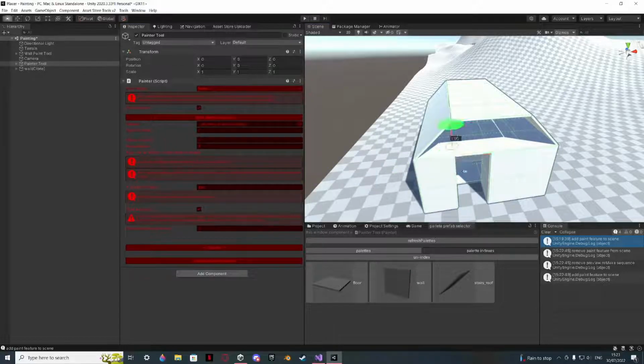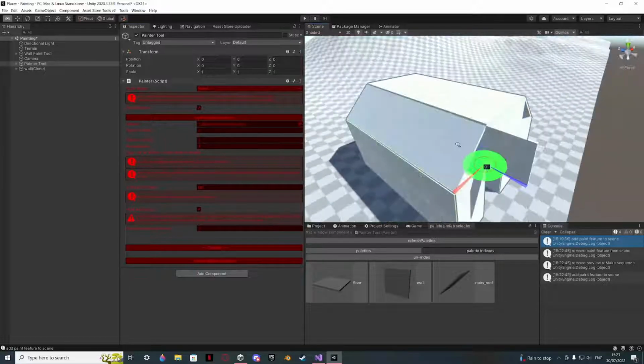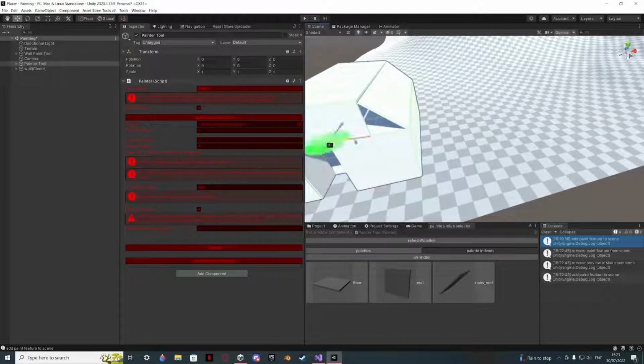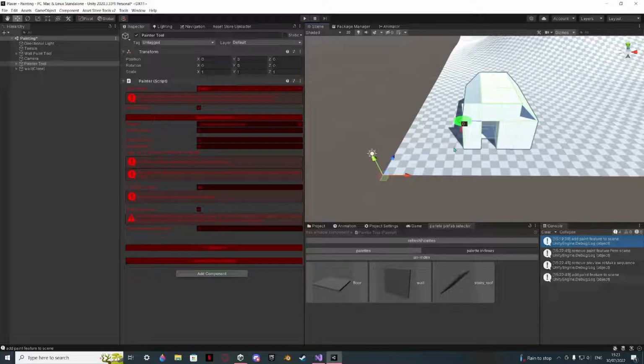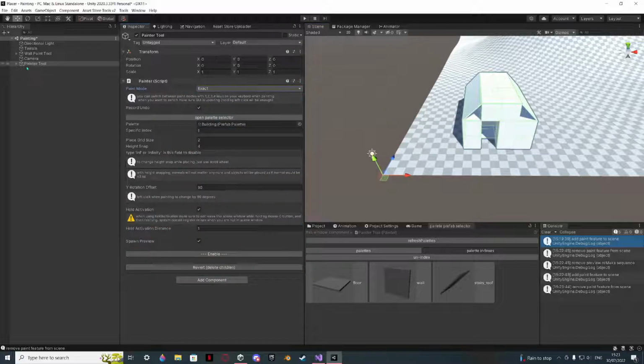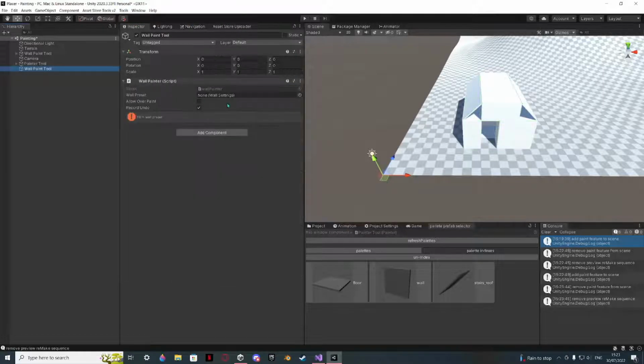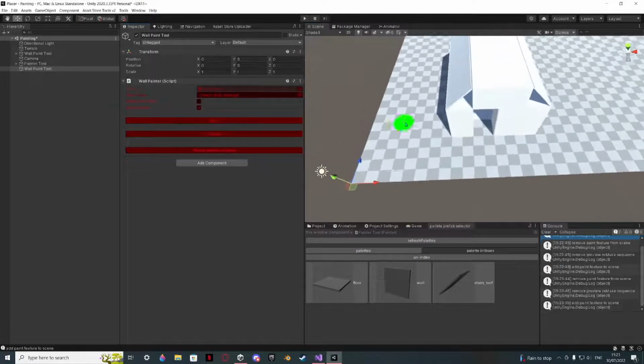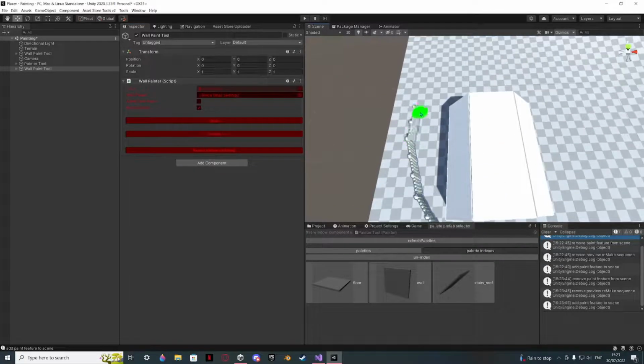And now you can just paint the full building very quickly. And this is a barn. Okay, it is a beautiful building, I know. Let's just add a little fence around this. Again, with Placer you can do it super quickly. So now if I just do it like this,